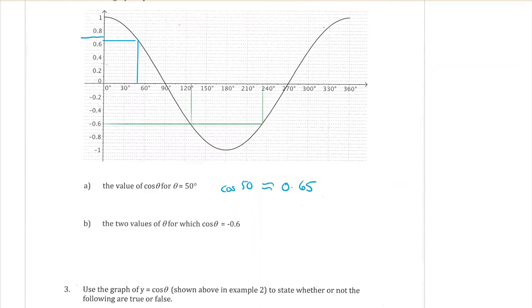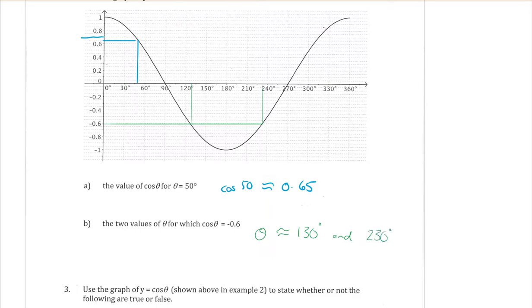So that first one, it's between the 120 and 135, so I'm going to say that that's approximately 130 degrees. And the second one is just a little bit before the 240 line, so that's at about 230